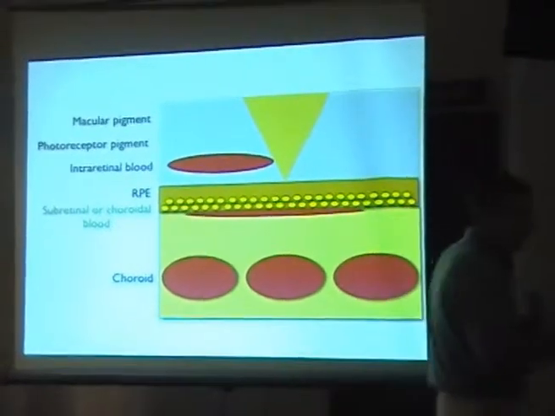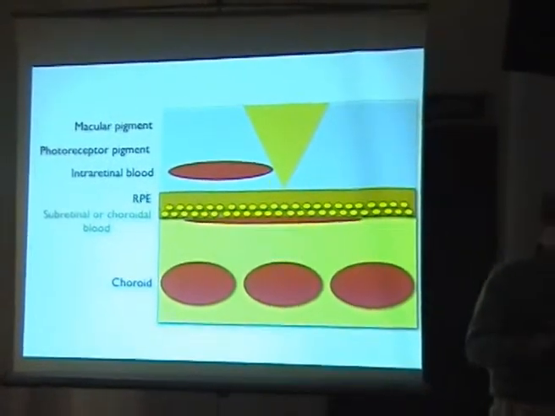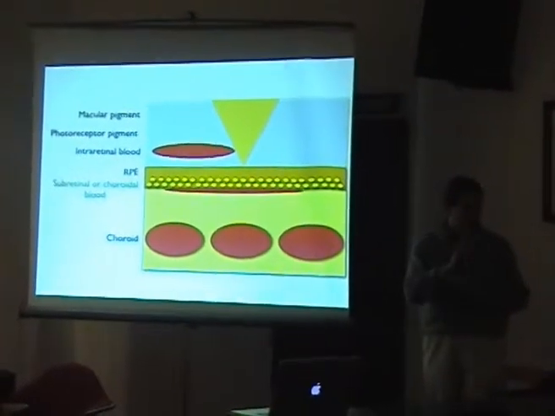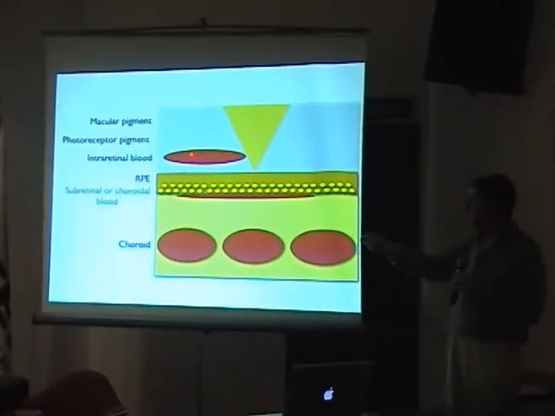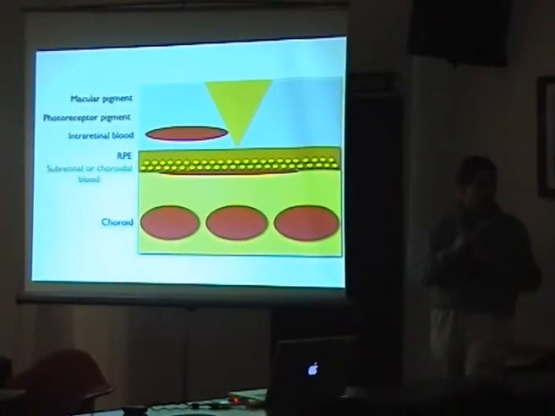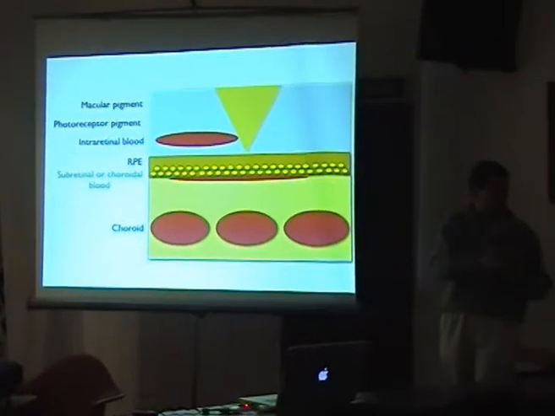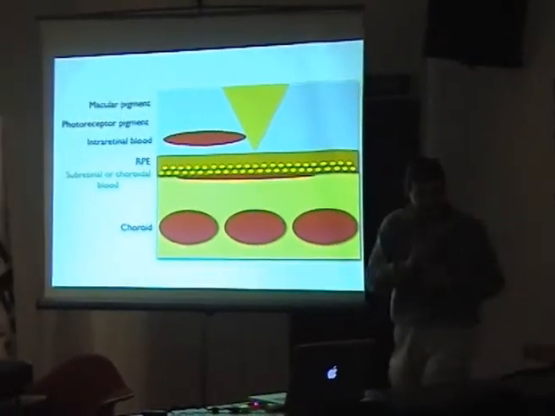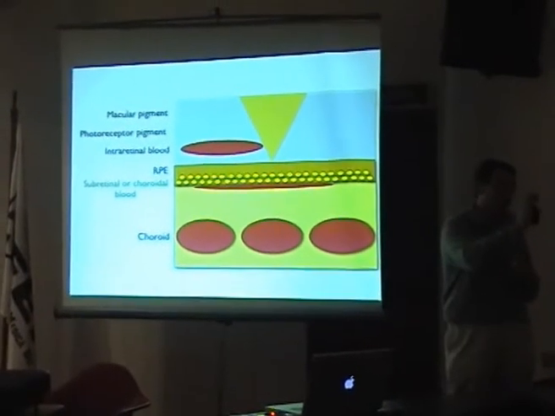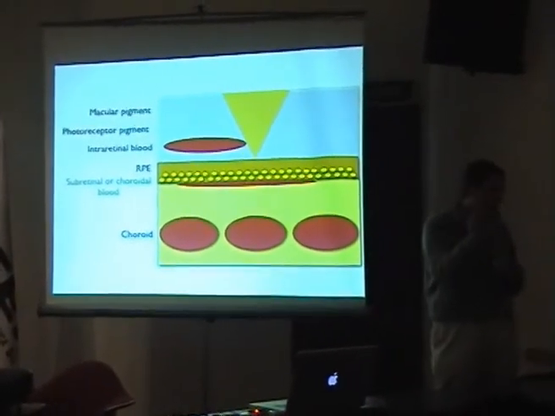What else can interfere with the autofluorescence image? Blood. But where? The intraretinal blood. Because the subretinal blood cannot interfere, because the fluorescence comes over the blood. And that is important because when you look at the color picture, you see blood, and you don't